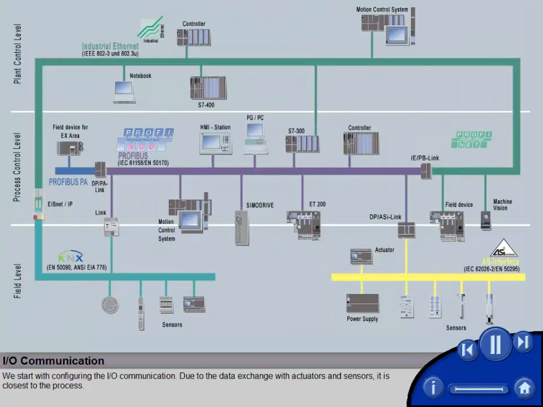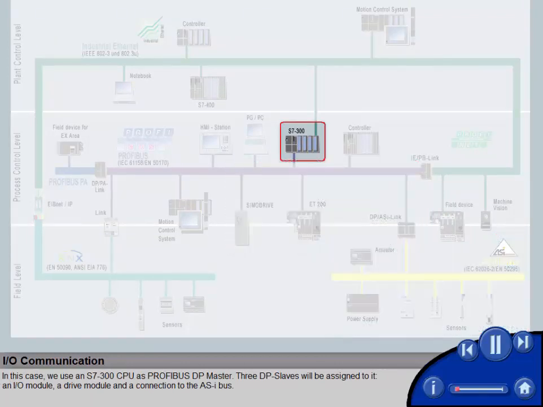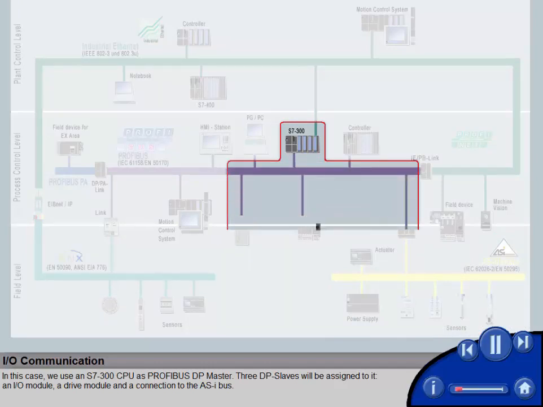We start with configuring the I/O communication. Due to the data exchange with actuators and sensors, it is closest to the process. In this case, we use an S7-300 CPU as Profibus DP master. 3 DP slaves will be assigned to it, an I/O module, a drive module, and a connection to the ASI